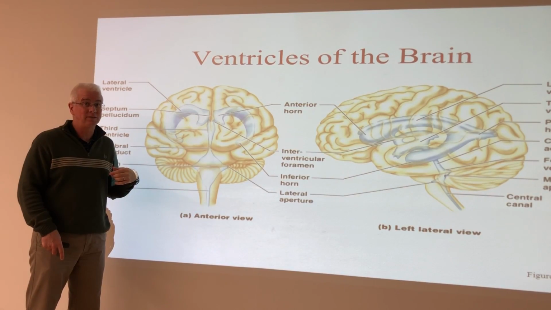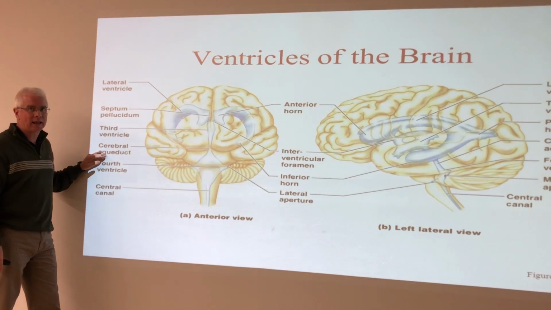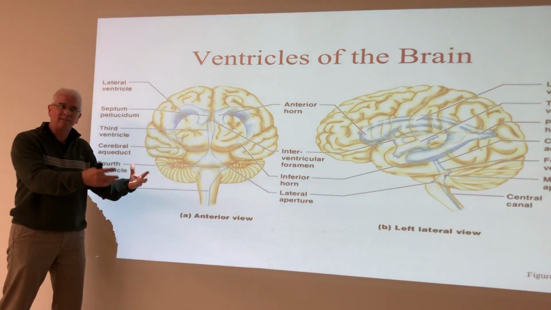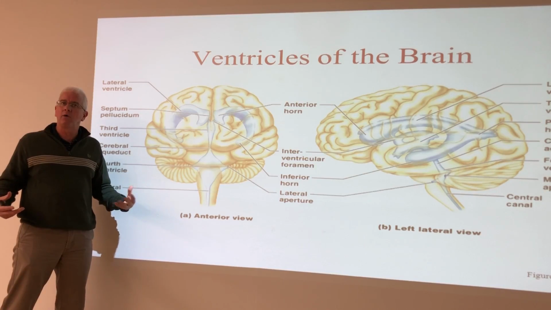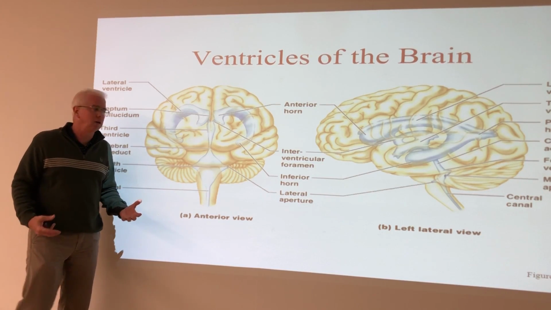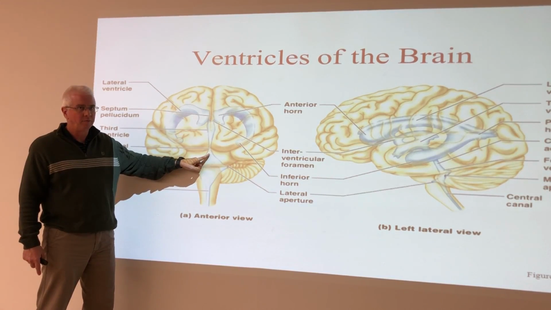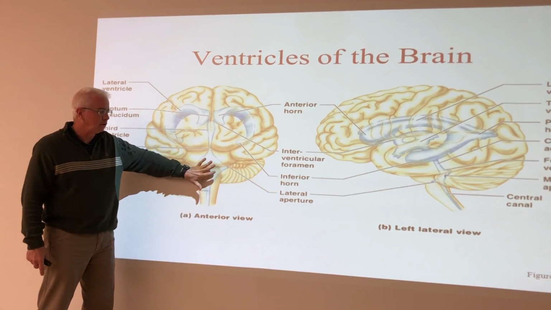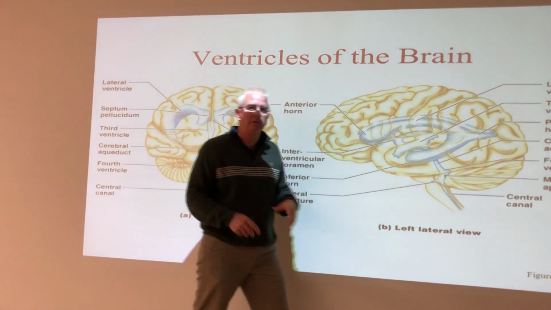I've not taught you this yet. Some textbooks call this the mesencephalic aqueduct because diencephalon refers to the deep brain structure. Mesencephalon refers to the midbrain structure, and so that's going to pass through the midbrain. It will come up again. The cerebral aqueduct connects to the fourth ventricle, and the fourth ventricle, as you can see in these two images,